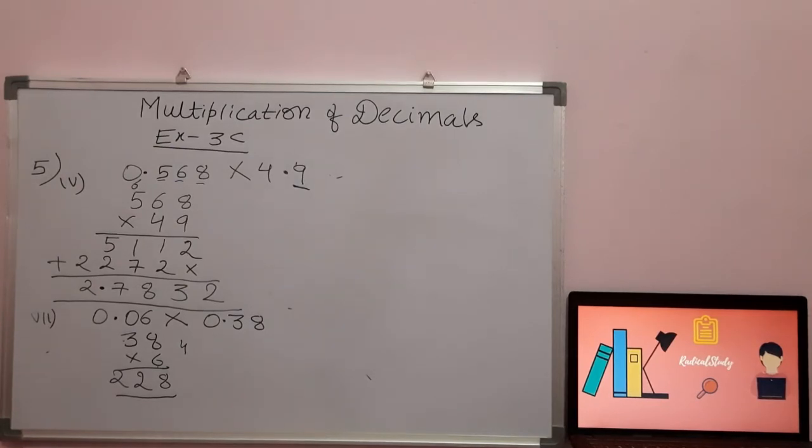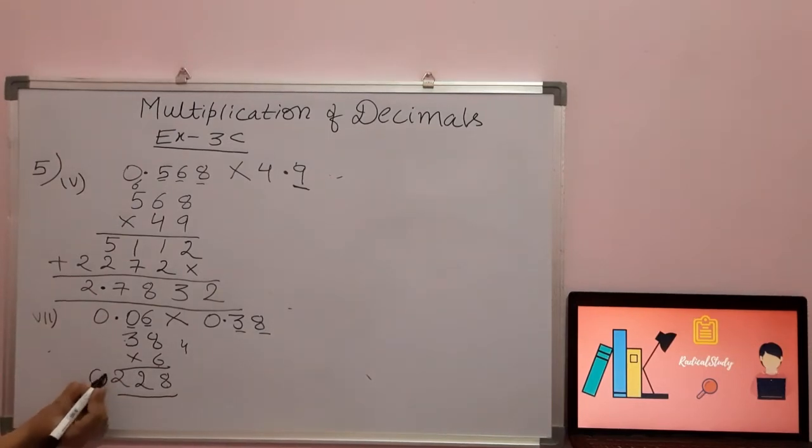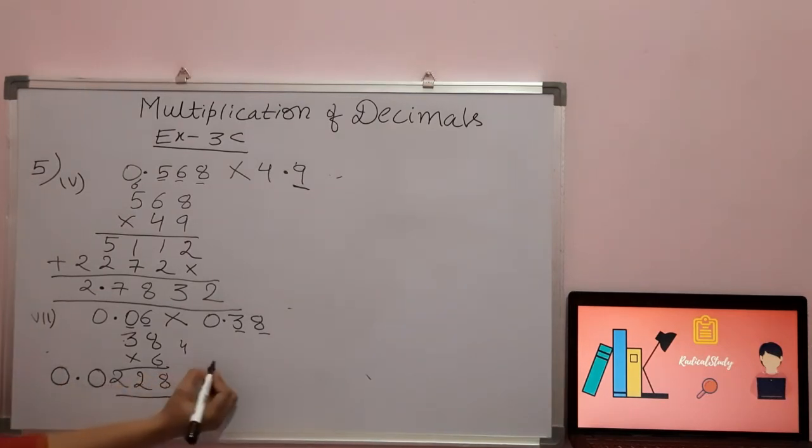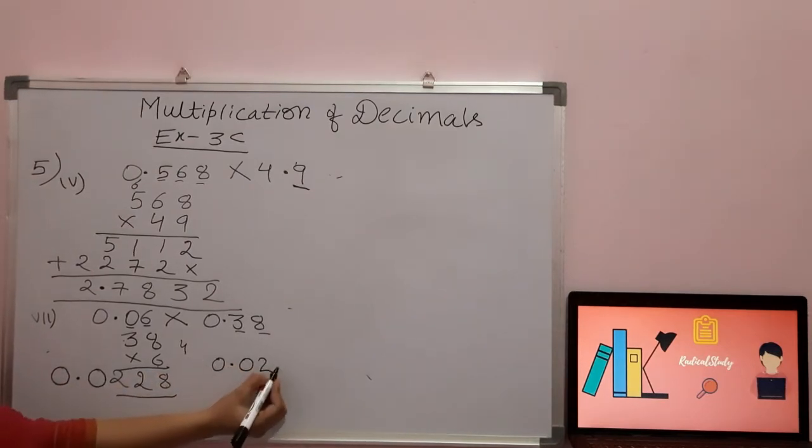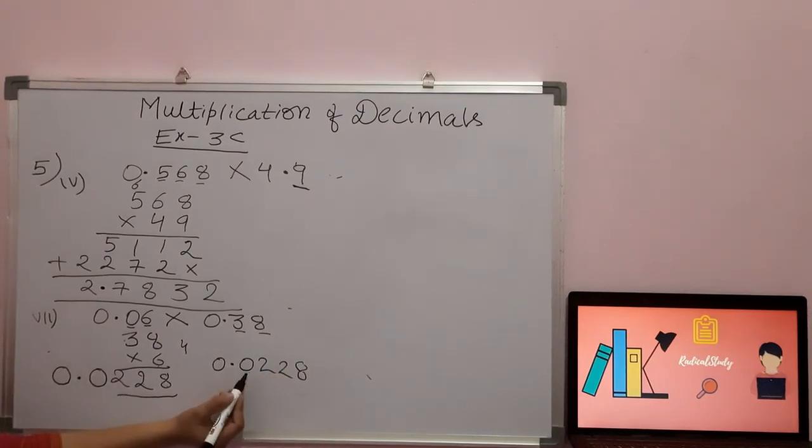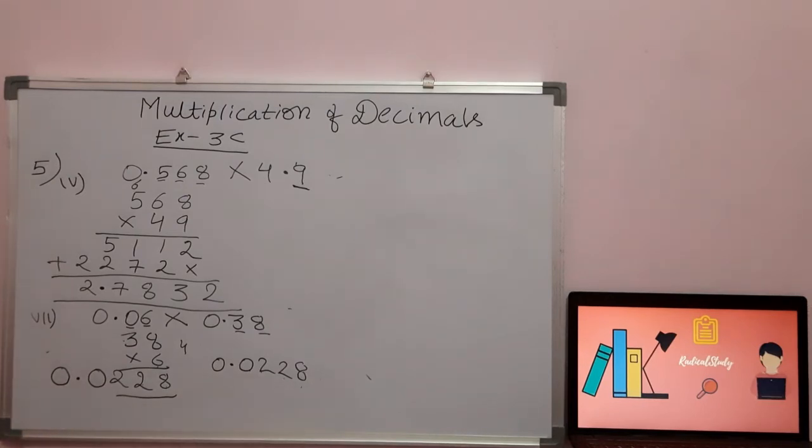Now what we have to do? We have to count the decimal places. इस नंबर में कितनी है? 1 2 3 4. तो हम लोगों के पॉइंट के बाद 4 प्लेसेस कवर होनी चाहिए. There should be 4 places after the point. पॉइंट के बाद 4 प्लेसेस होनी चाहिए. 1 2 3. अब यहाँ पे कोई नंबर नहीं है तो we will add 0 like this and then we will add the point, then again 1 0. So the answer will be 0.0228. How many places are there? 1 2 3 4. 4 places, right students?